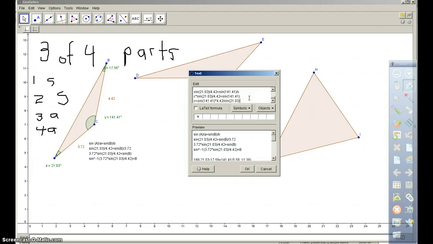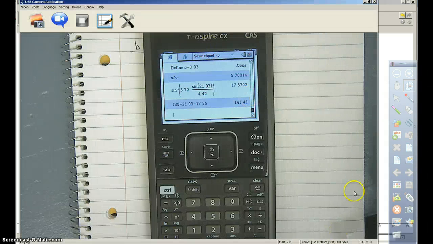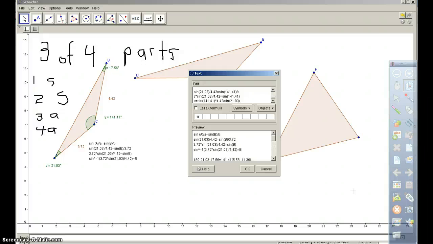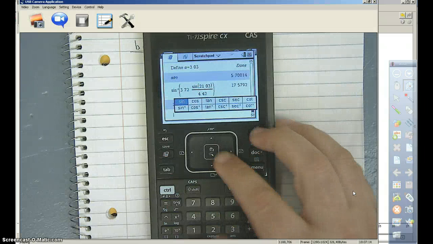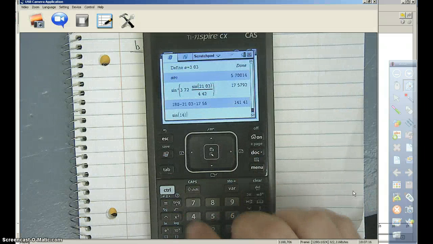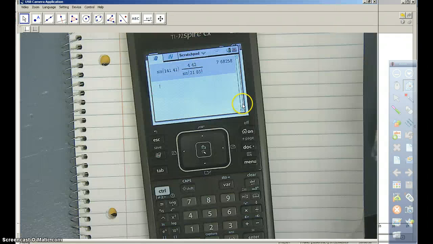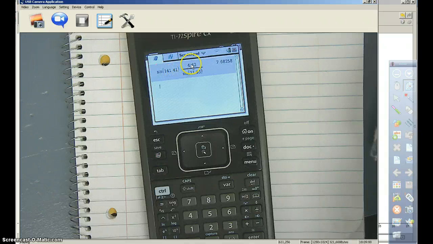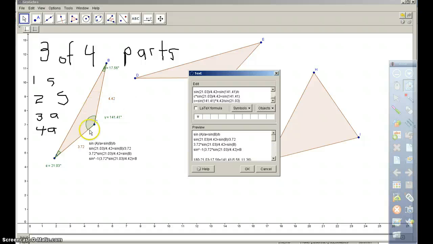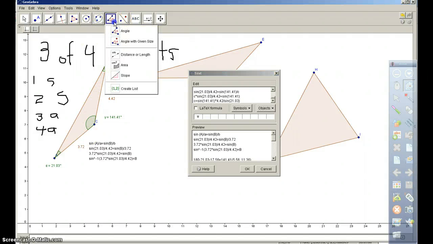I'm getting stressed about time. Oh boy, I better hurry. Let's put that in the calculator fast. I've got sine of 141.41 times 4.42 over the sine of 21.03, and we got 7.68258. Let's measure that side. Come on, I'm out of time. The length is